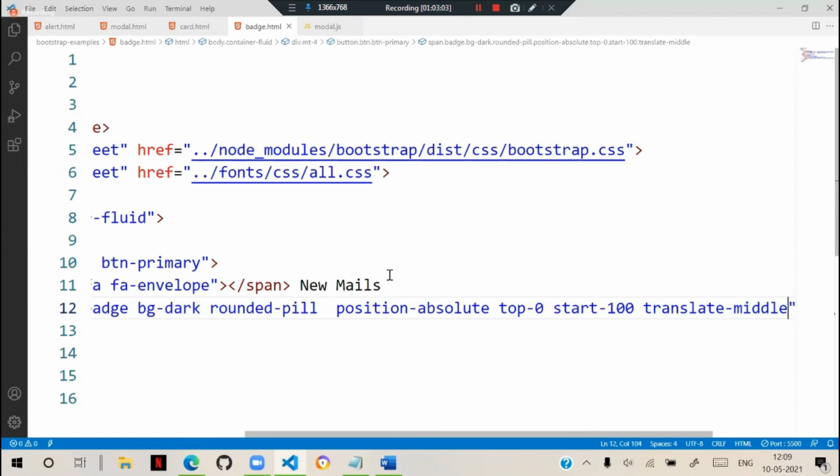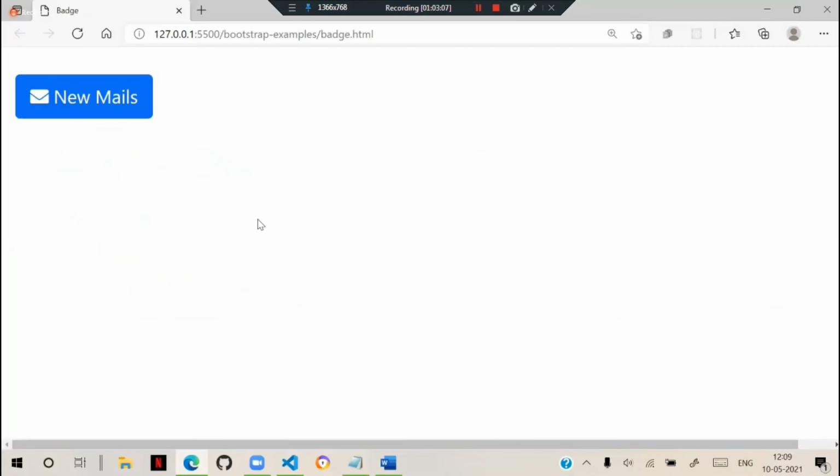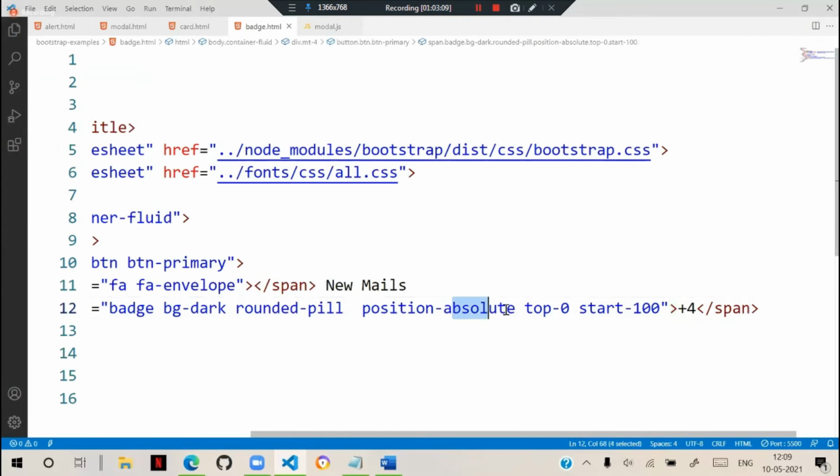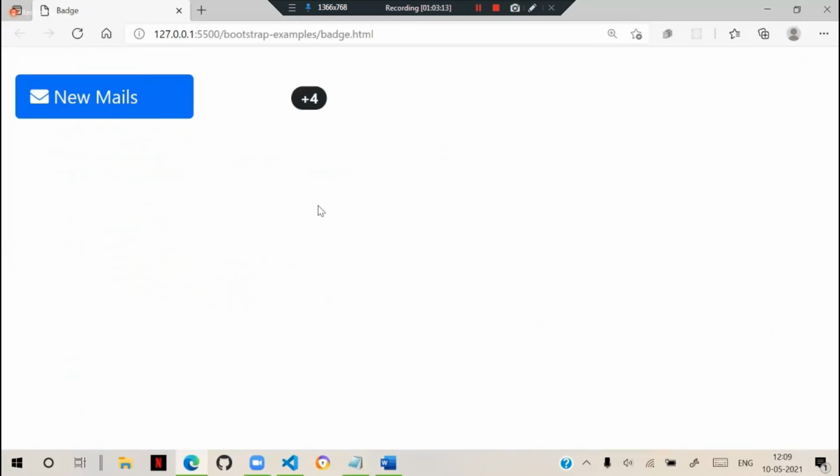What else can you do? That's the general one. Suppose I say start 100, we need to decide whether to use position absolute or position relative. Relative position means with regard to this element.